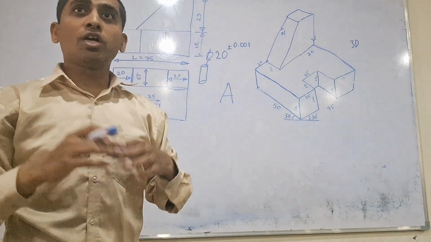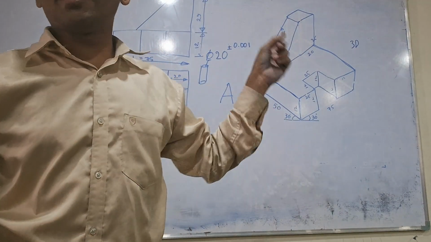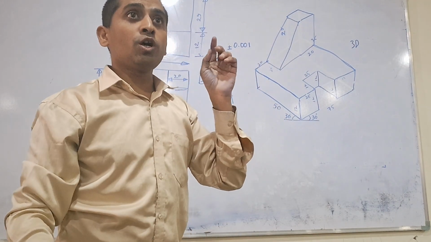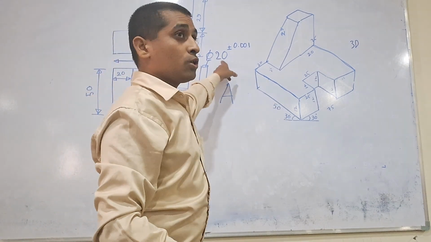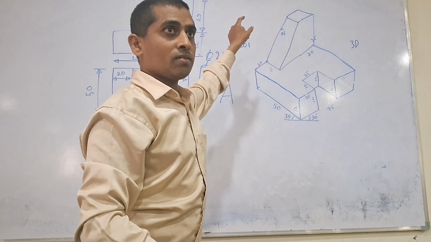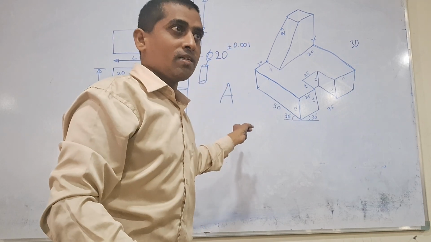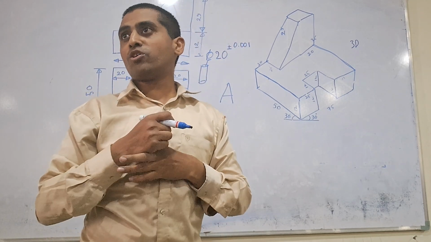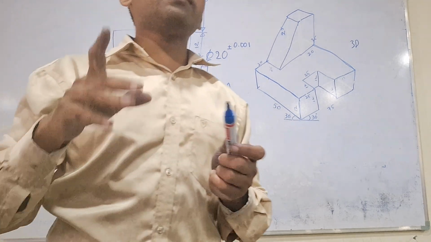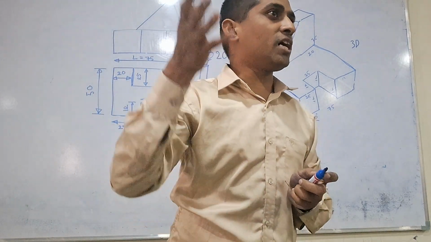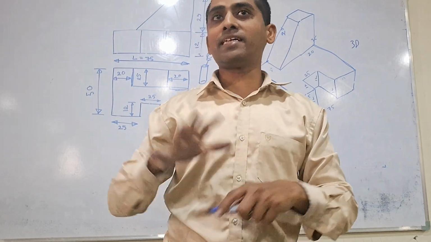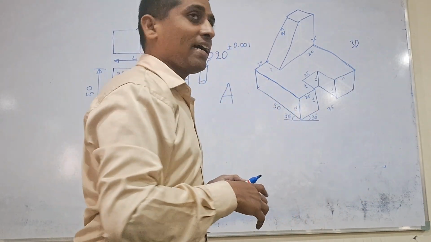You are mentioning for the diagram like this, and you are representing like this. It means you are going to make a shaft with the diameter of 20 mm. But while manufacturing, you have to make sure that the precision is 20.001. It should not go beyond that. It should not come less than that either. There are precisions you are going to mention, tolerances. Understand now? This is a language that we are going to communicate with the people who are manufacturing. Understood now? Is it clear now? Right. Any other doubts?